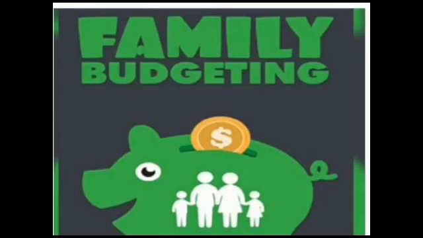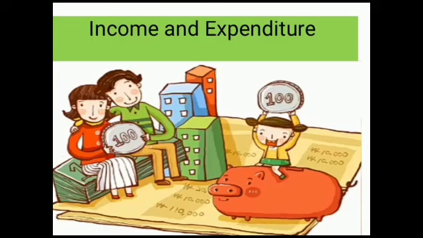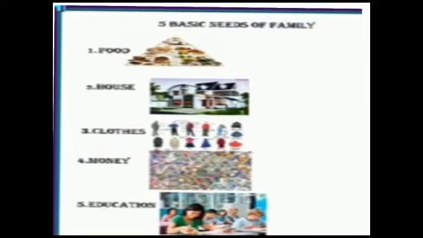The next one, we see about the budget of the family. What is a budget? Budget is financial planning for one particular period. Income and expenditure are very important for any family. We must spend according to our income. The first thing is the family should fulfill the basic needs. Basic needs you have already studied in the first part. What are the basic needs the family should fulfill? First one is food, clothing and shelter.